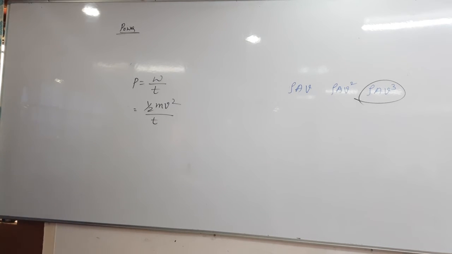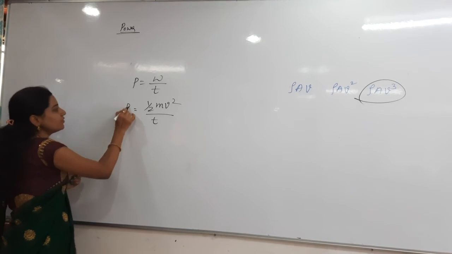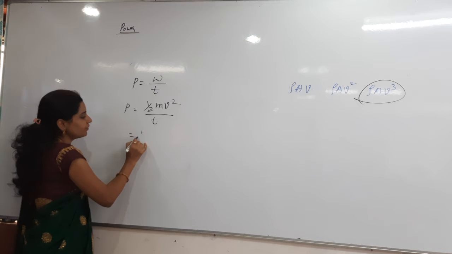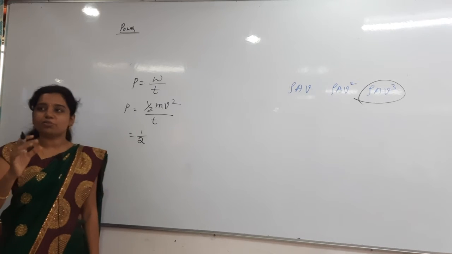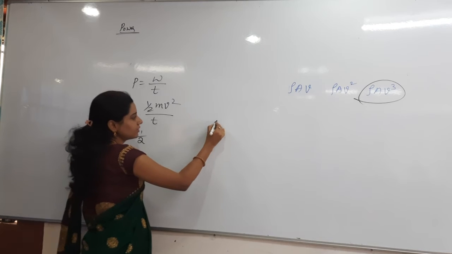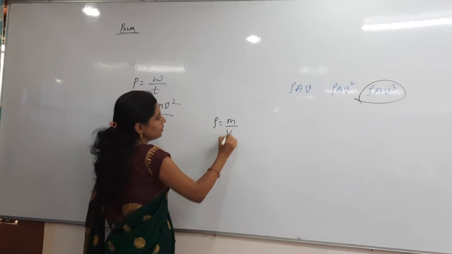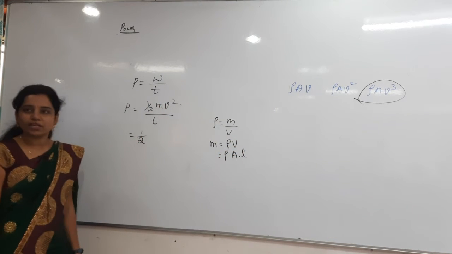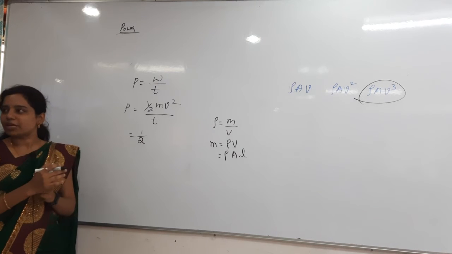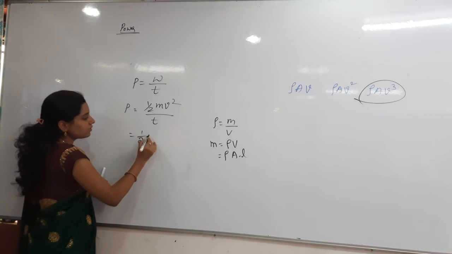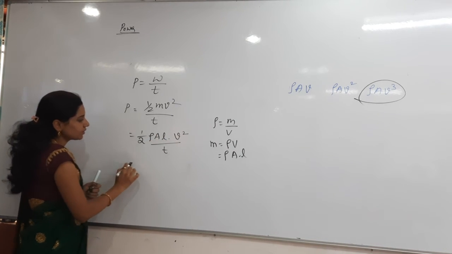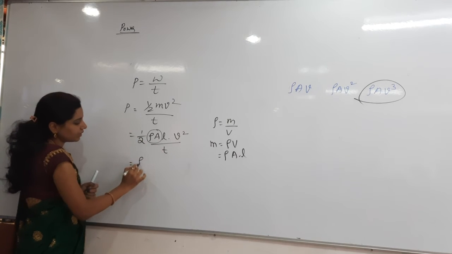So 1 second. Power is equal to half m v square by t. Did they give any mass of that? Nothing. So instead of mass what can you write? They are saying about the density and area and all. Yes, very good. Density is equal to mass by volume. Mass is equal to density into volume, density into area into length of the hose pipe. Area of the pipe and then length of the pipe also they have taken. Now half into, in the place of mass what I can write? Rho A L into V squared, divided by T. Then here rho A as it is I have written.